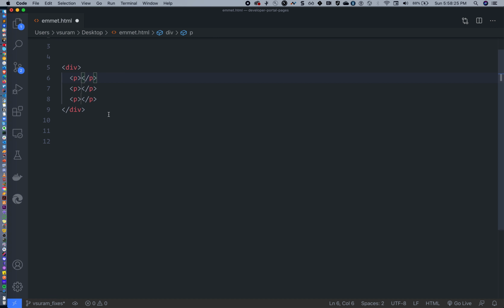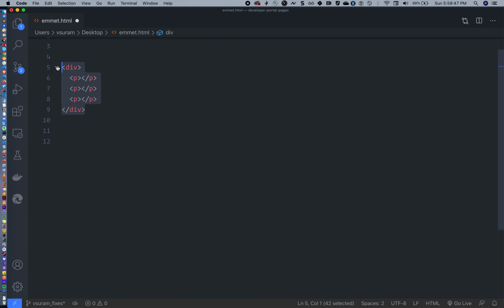So what we are doing here is generating the code using the shortcuts, and this is very helpful for HTML, CSS. Emmet is designed for that. Basically Emmet is designed the way it looks at the CSS selectors.